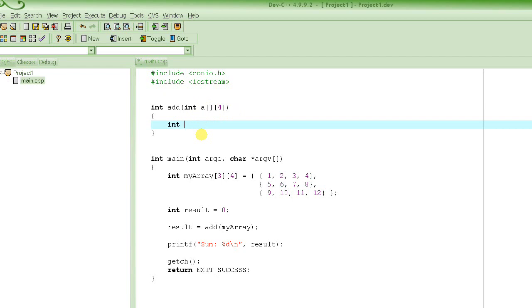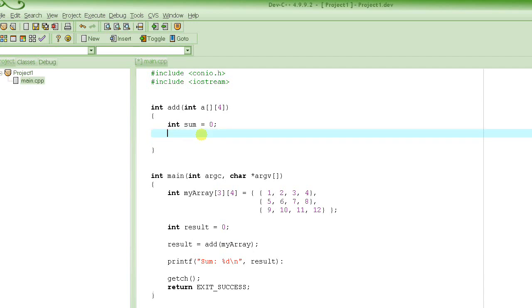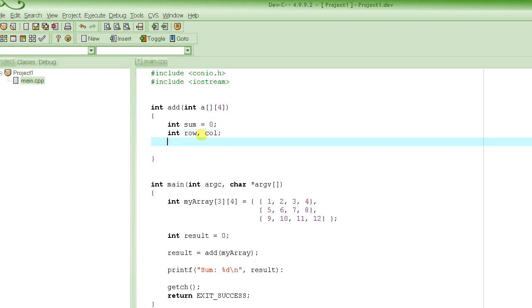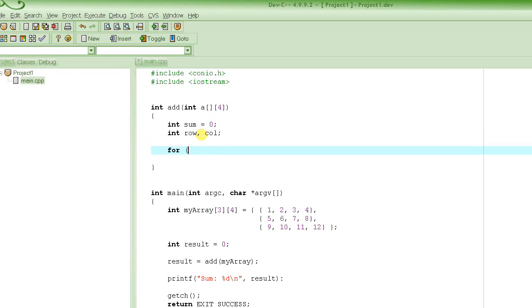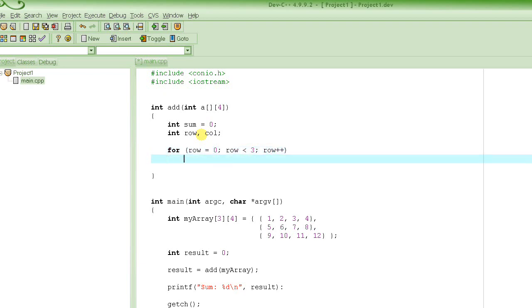First of all, we will have to declare the variable where we are going to store the sum. Let's initialize it to 0, and then we have to visit all the elements. So we have to declare row and column as the loop counter variables. And we saw in our last tutorial that whenever we have to go through all the elements in a two-dimensional array, we have to use nested loops, right? So we do the nested loops like this,